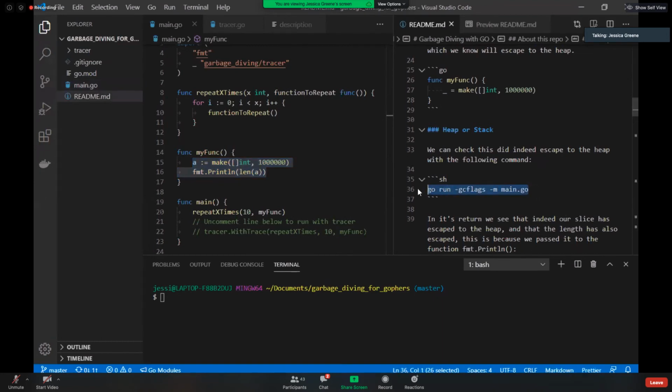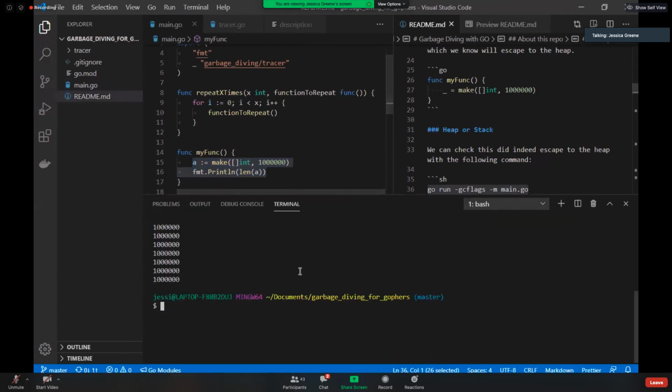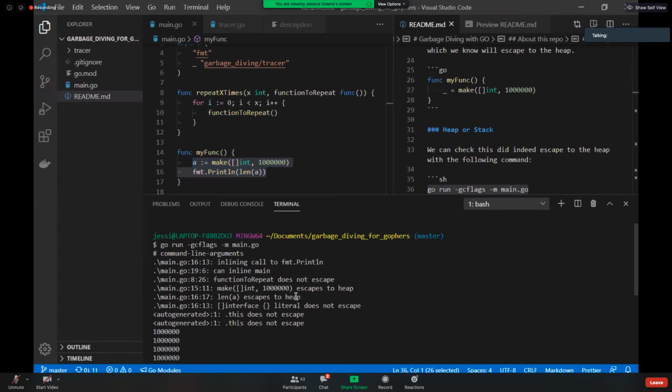So one of the first commands we can use is this gcflags command with the -m. This is going to give us an output that will show us if we are indeed escaping to the heap or if it does not escape. So if we check the lines here, and I hope this is large enough on the Zoom screen for everybody.